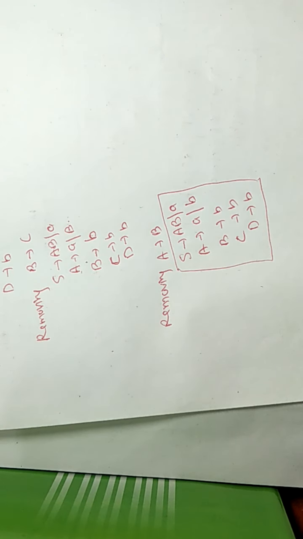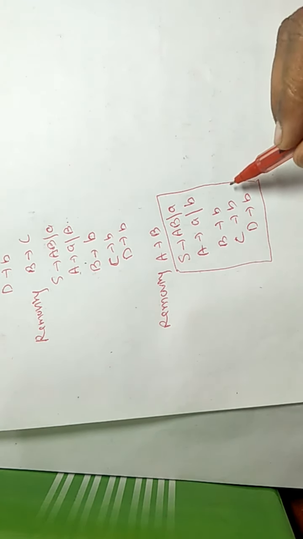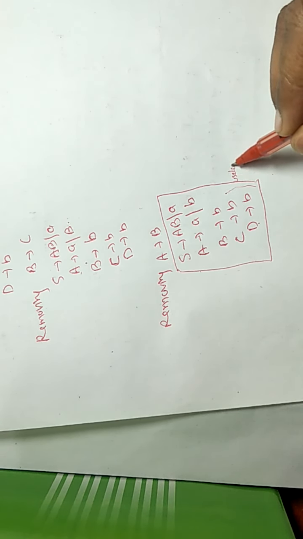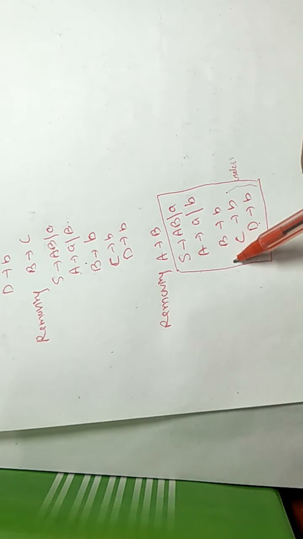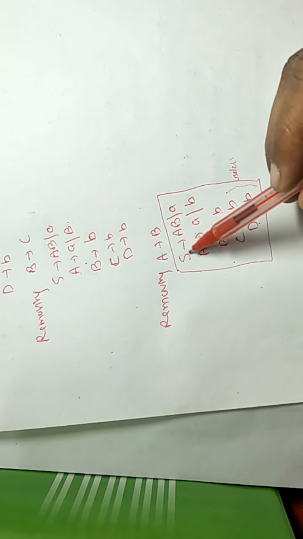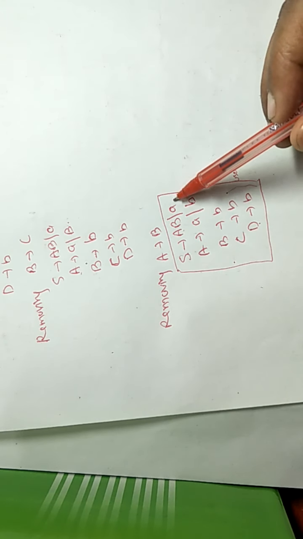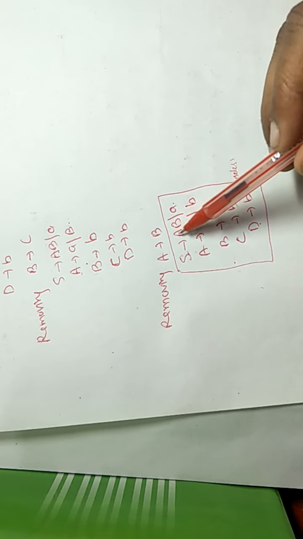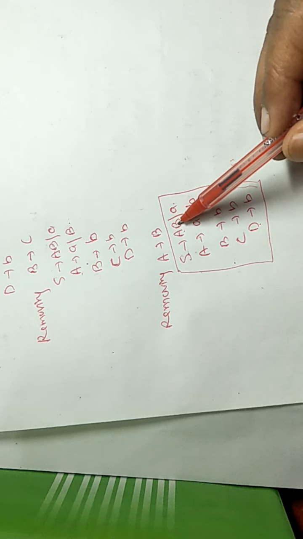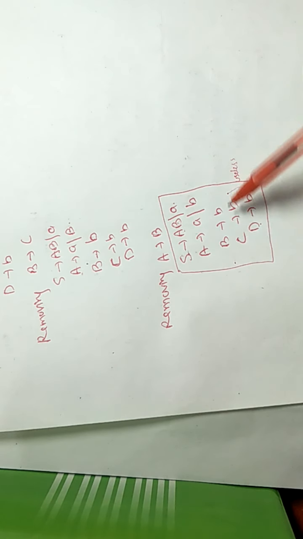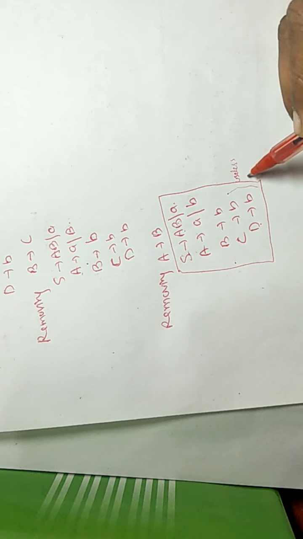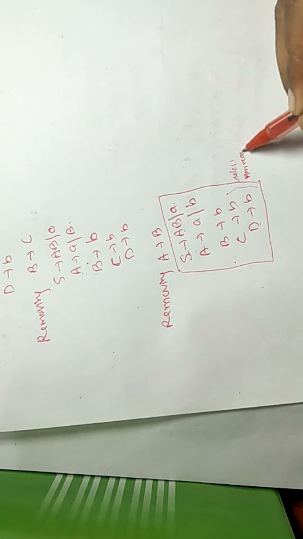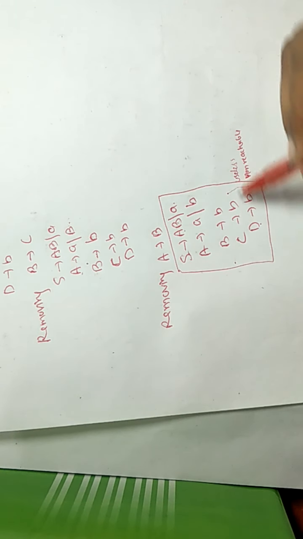You need to look a little bit carefully that now C tends to D, C tends to B, and D tends to B are useless. Why? Because while we derive a string from this grammar using S, we will use either the production S tends to A or S tends to capital AB. So we need the value of A or value of B here only. We will never reach C or D. C and D are non-reachable. So these are useless.